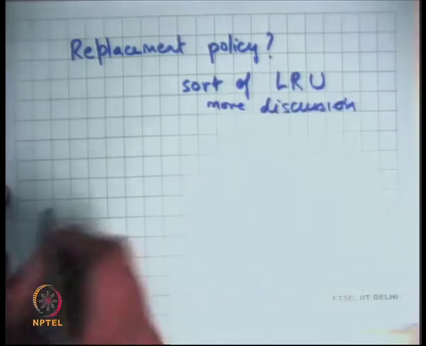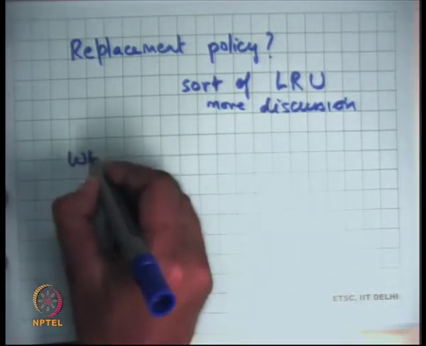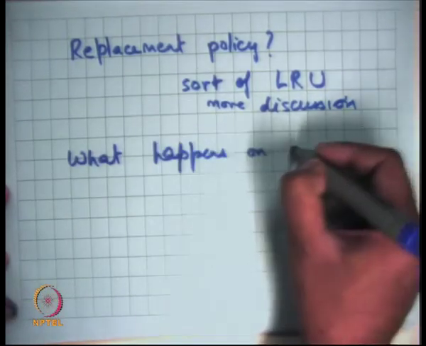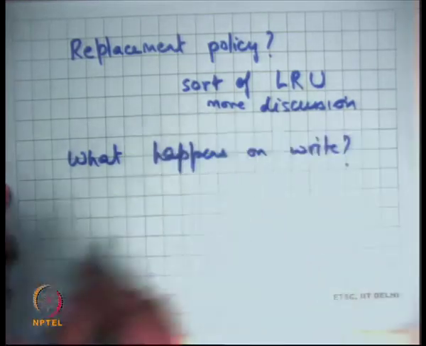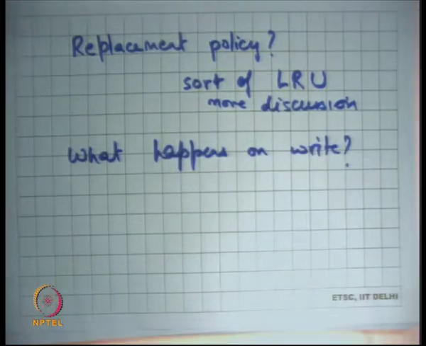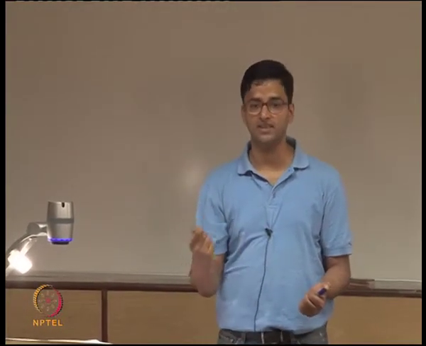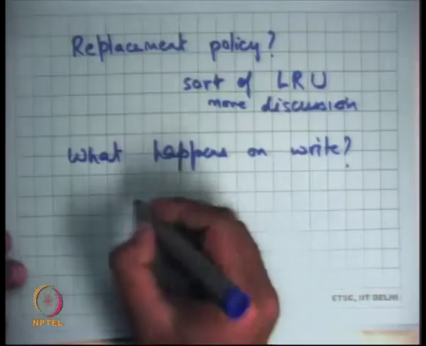Finally, what happens on a write? Recall that a cache needs to have a write policy. If you write something, should it be a write through, which means on every write you go all the way to the bottom, or should it be a write back? Definitely write back, because if it's write through, then every write is going to access the disk. So definitely write back.